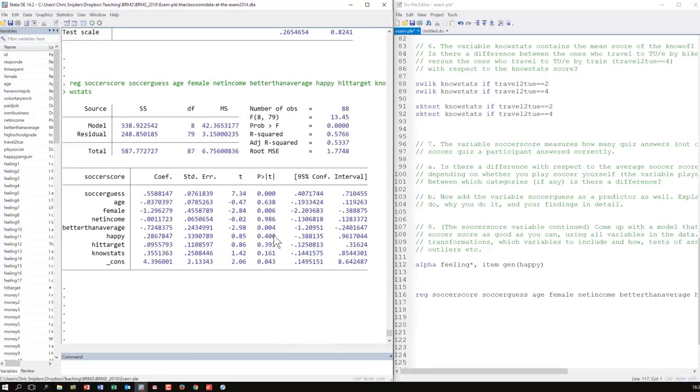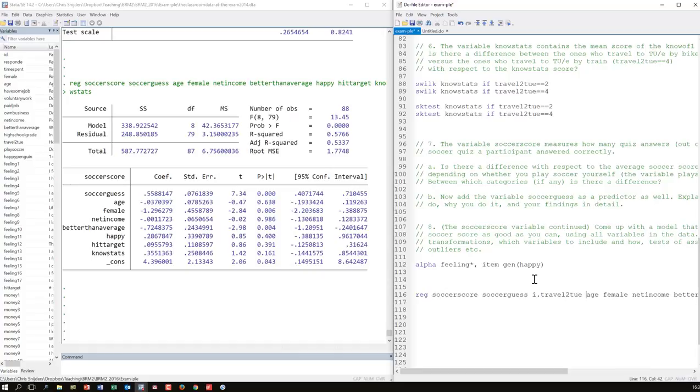Okay, so this is, let's say, our first run through the variables that we have. I didn't do anything in particular here because, let's see, no, I do not have any categorical variables. Otherwise, if I would have had them, I would have put an i. in front of them to make sure that we get separate dummies. Okay, so just to make sure that we actually have an example of that, let's add one.